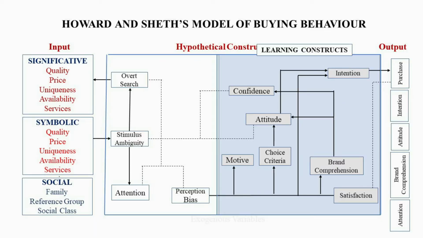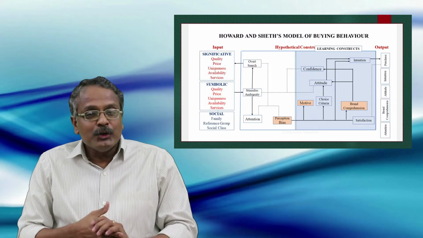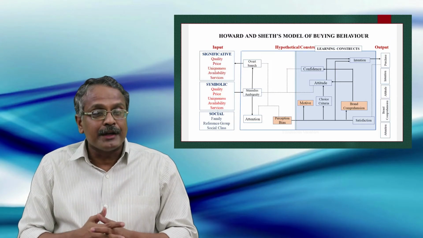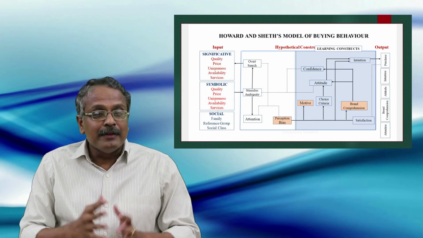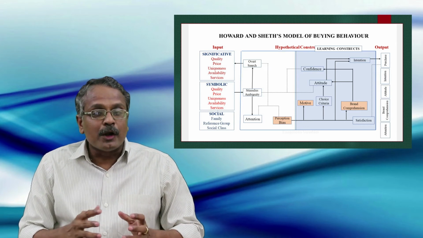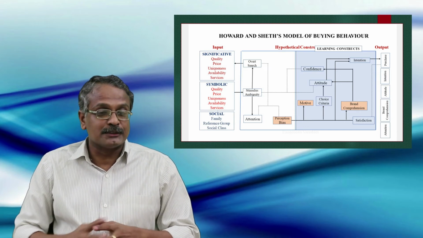Under this strategy, the consumer has not much idea about the product. Therefore, his first preference would be in creating a comprehensive idea about the product. Thus, he tries to make an idea about the product based on the motives in his mind and perception created at the first stage. This comprehensive idea is termed as brand comprehension. Brand comprehension means the knowledge and awareness about the brand features. It is the total picture of the brand developed in the mind of the consumer based on motive and perception bias.